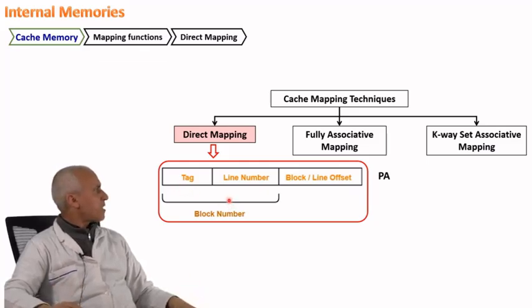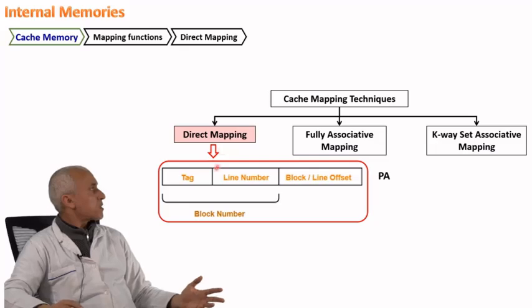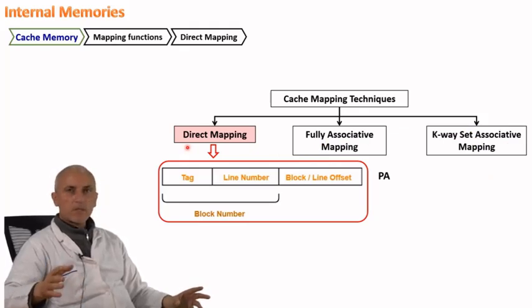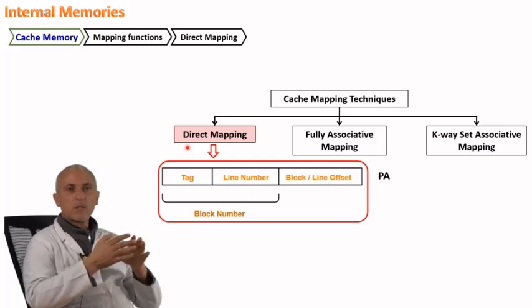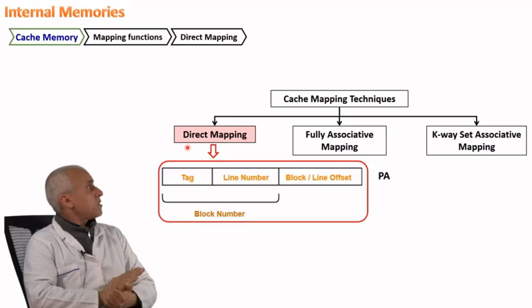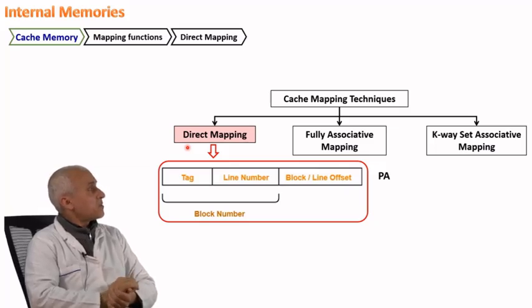And this procedure to identify the data by tag is also the same. We do the same way for fully associative and K-way set associative mapping. So in direct mapping, we copy the data directly from the dynamic RAM, but with a normal order and by segment. But for cache, fully associative mapping,